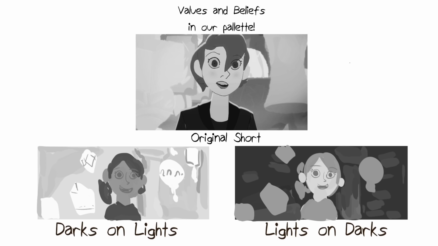So, let's talk about our values. I don't usually do this step, but I just want to show you guys that it's something to think about when coming up with these backgrounds. When I desaturated the original picture from the original short, it seemed a bit flat and muddy. So I was experimenting, should I have darks on lights or lights on darks? Both of them actually make the girl pop out more than the original short. Technically, I thought darks on lights was the best because it made the girl overall stand out.